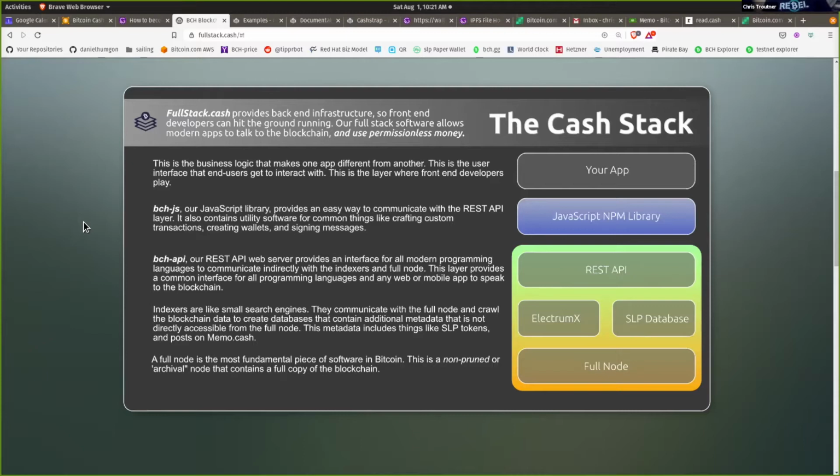So at a high level, when I talk to non-technical people about what it is that I do in the Bitcoin Cash space, I say, those apps that are on your phone, well, I don't build those apps, but I build tools for building those apps. And so that's really what it comes down to: this is a framework. What fullstack.cash provides is a framework, essentially a roadmap of